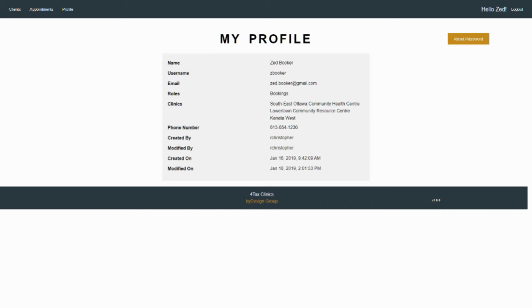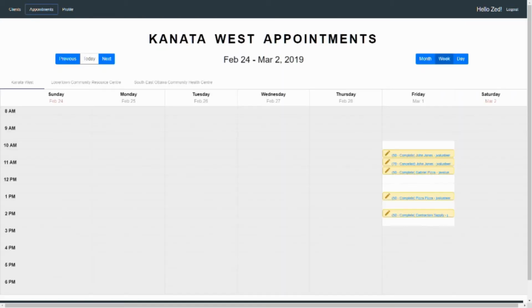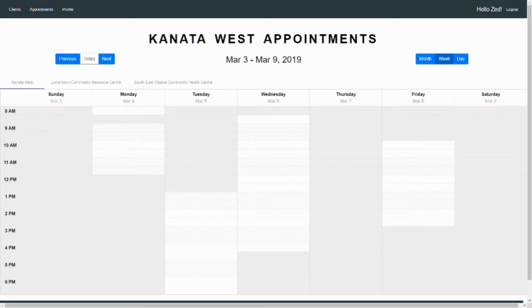Before I book an appointment with a new client, let's first click on the Appointments tab, go to the calendar, and the system is now retrieving the appointments for the 3 different clinics as listed here along the top. It defaults to the first one being Canada West, and Zed can now scroll through and view the existing appointments in the database. The appointment openings are shown in the white cells, and where the clinic is not operating is shown